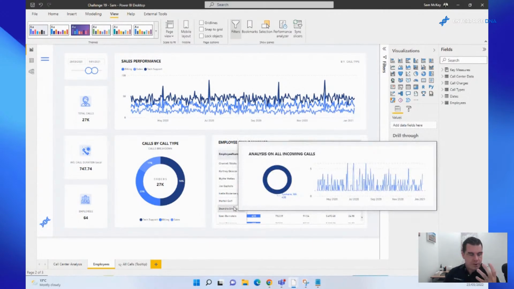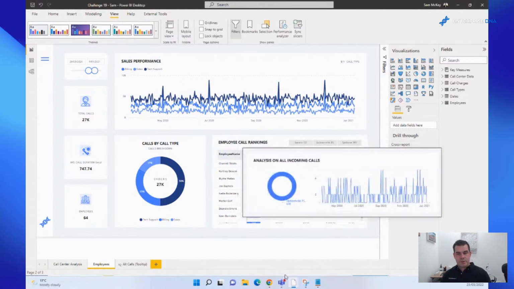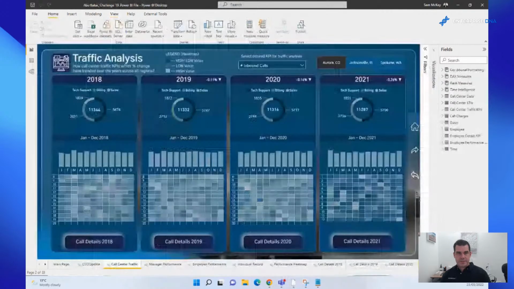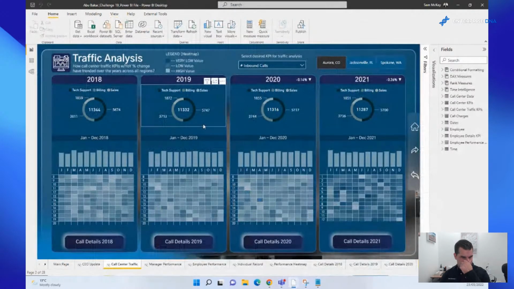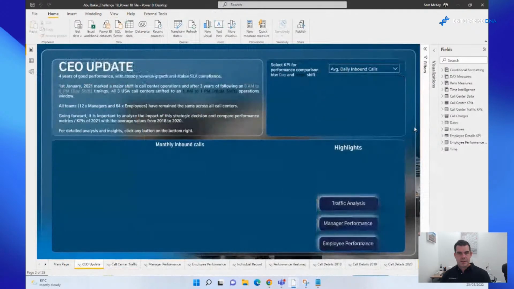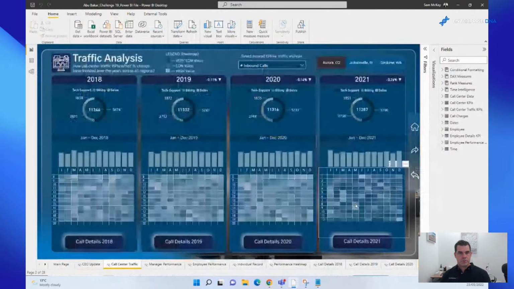I cannot tell you how much more information you can condense into much fewer pages than you could a couple of years ago. These features have really made it so easy to show so many insights in a far more condensed way. Okay, this is a really good example of using a variety of tooltips, etc. So I'll just show you here.